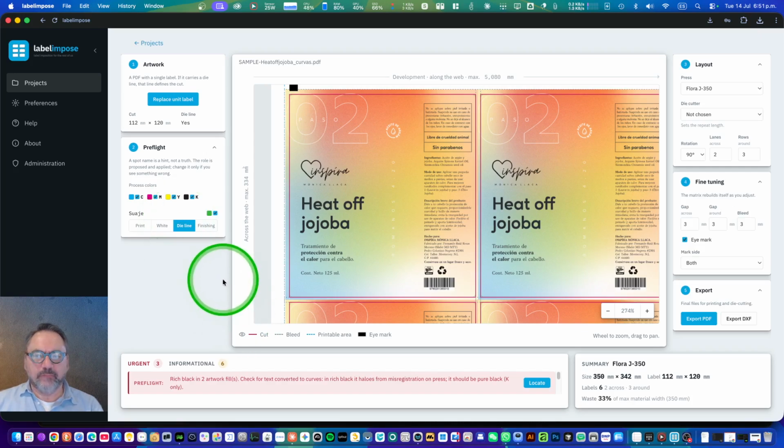Part of the intelligence, if we can say so, of our system is that it finds the spot colors dedicated to the die line and to some other things. In this case, it finds a spot color called suaje, which is a Mexican word for die line, and it automatically makes the role of this spot color the die line. If it is not the die line, we can define that it will print.